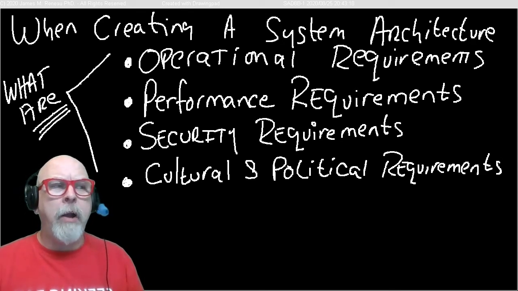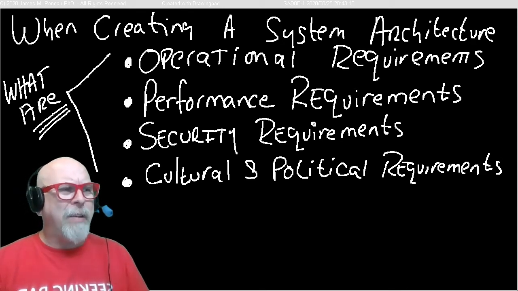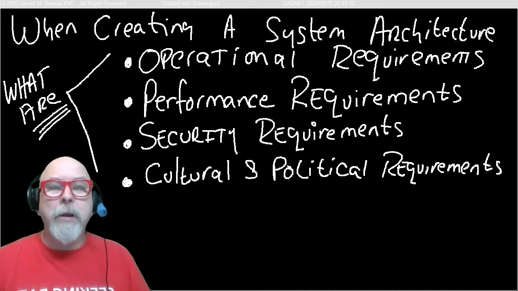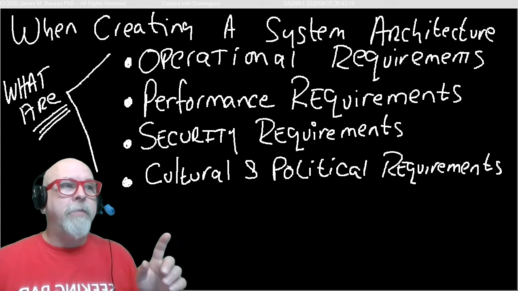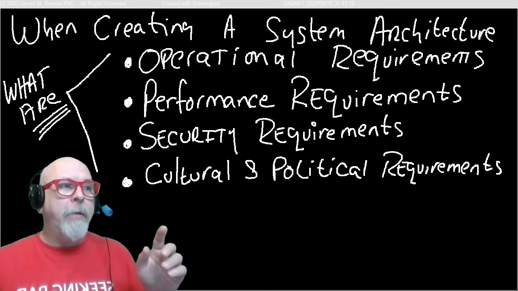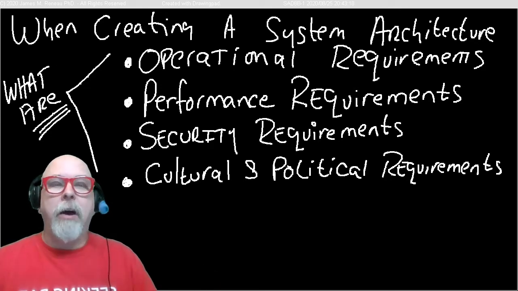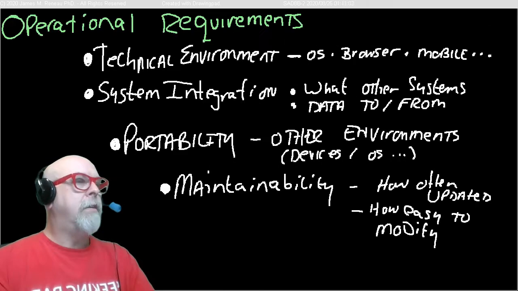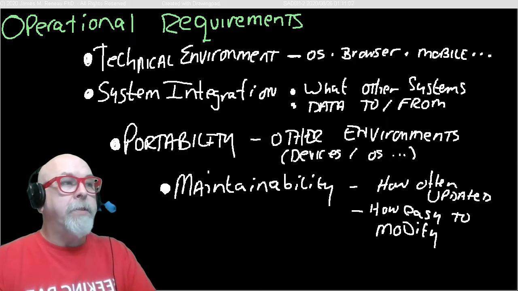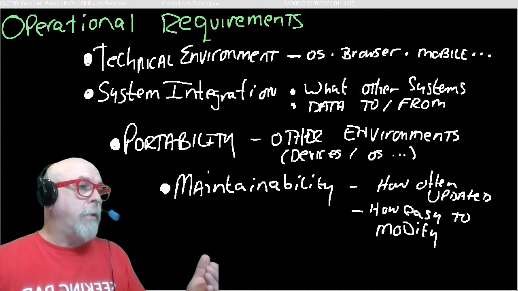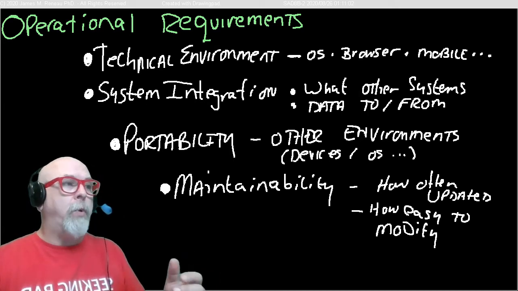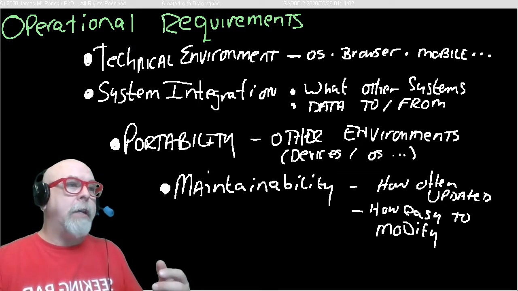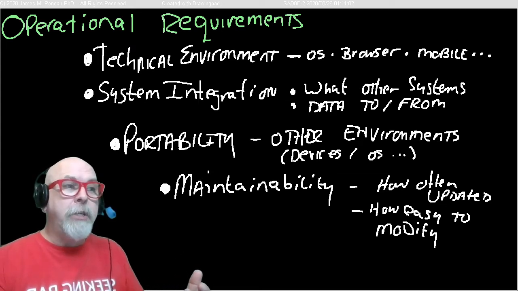and political requirements, which is something that you think, well, it's a computer system. What do I need to worry about culture and politics? But that's a very important part of designing a system, and we'll talk about each of these on a separate slide. So operational requirements. These include technical requirements like what operating systems, what browsers, what mobile devices, what other technologies will we need